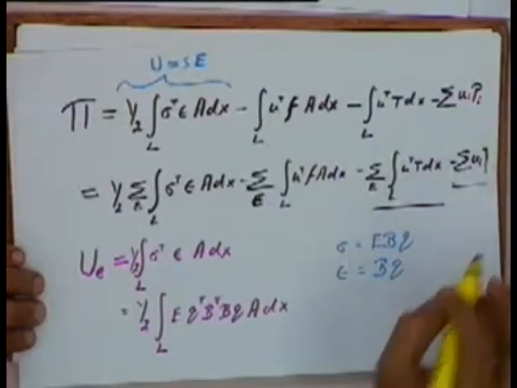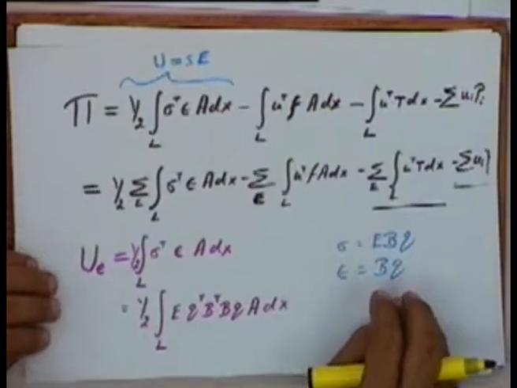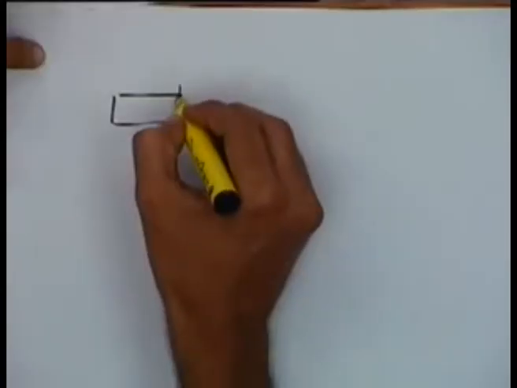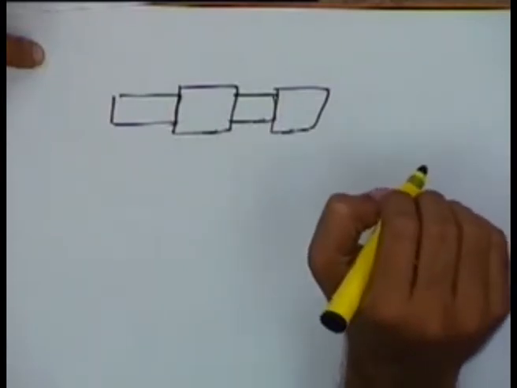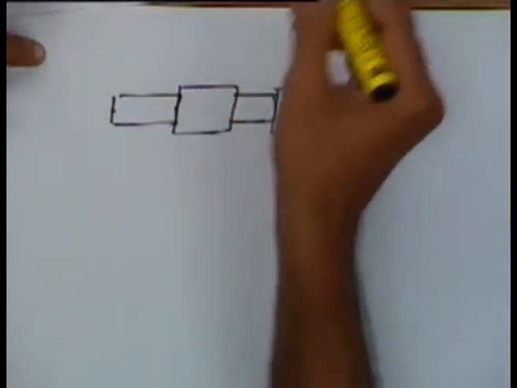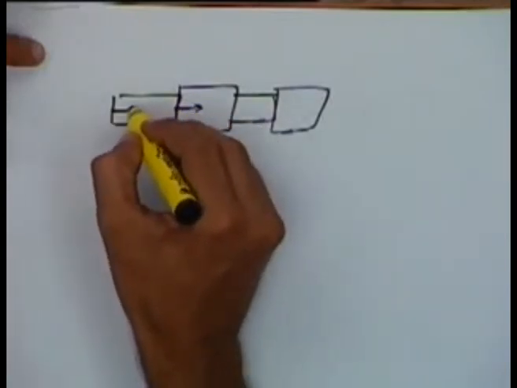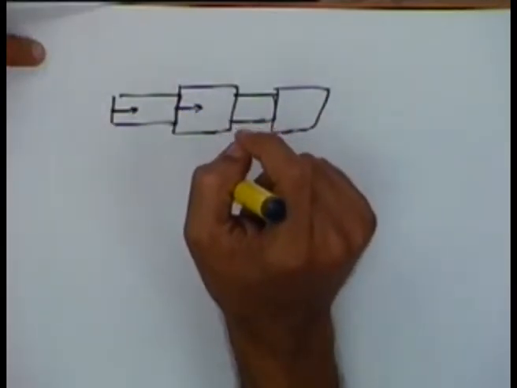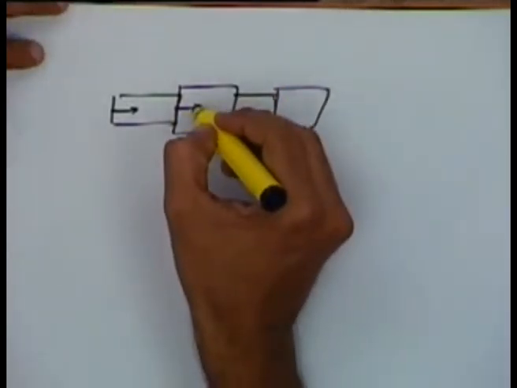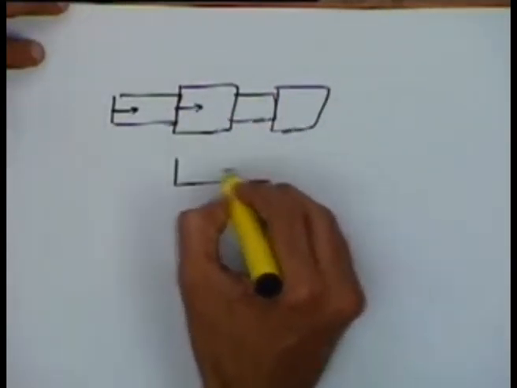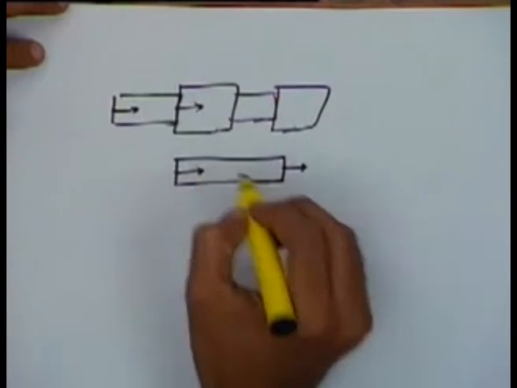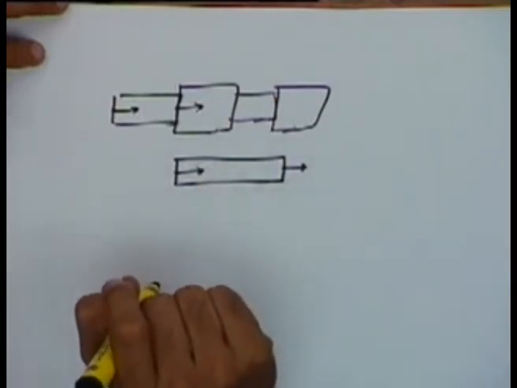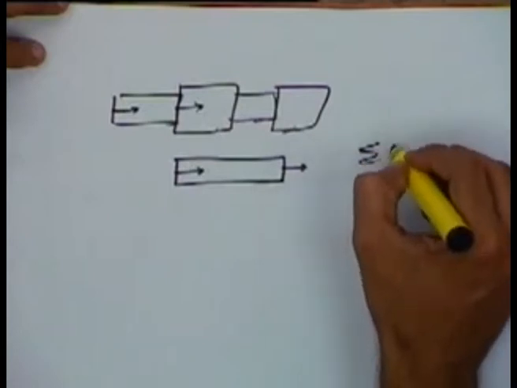that is this term, sigma ui pi. In this, if we have a set of elements and so on, we can assume that all our point forces will be acting on some of the nodes. Okay, so our point force is acting only on the nodes. Okay, so if we have some element, then we can have some force acting here and we can have some force acting over here. Okay, so the contribution of the last term, sigma ui pi,